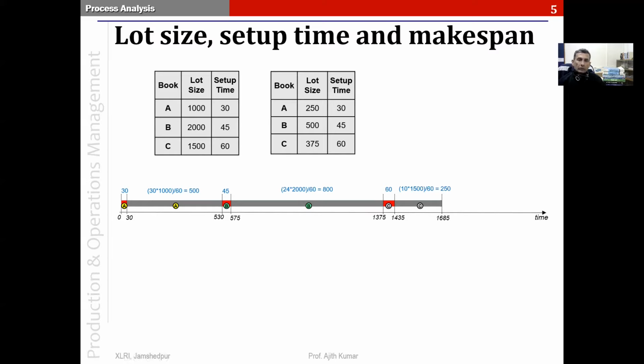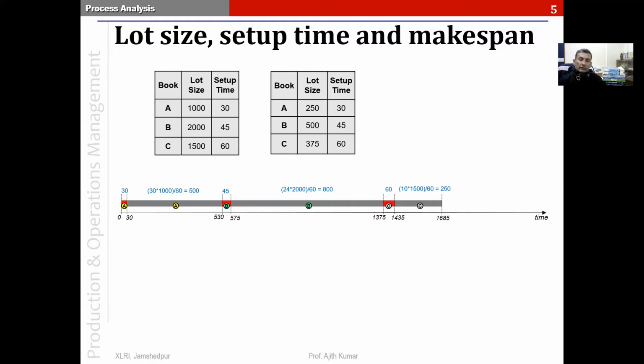So now what we would do is we would first do 250 units of A, then change over to B, do 500 units of B, and change over to C, do 375 units of C, and again come back to A. So we have finished one round of A, B, and C. Then we would do a second round of A, B, and C, a third round, and a fourth round. So the lots of A, B, and C, which have now become 1/4, would be repeated 4 times. By rotation, A, B, C, A, B, C, and so on, we would complete the entire weekly requirement.